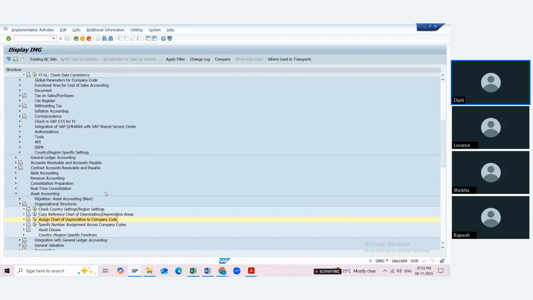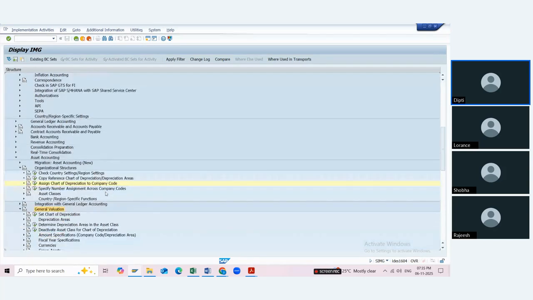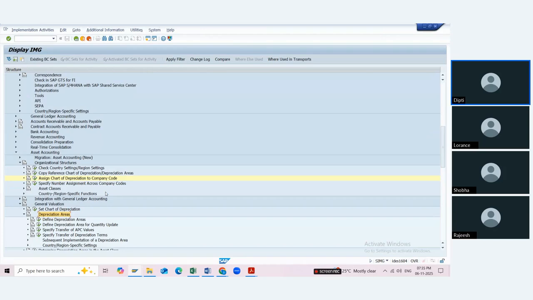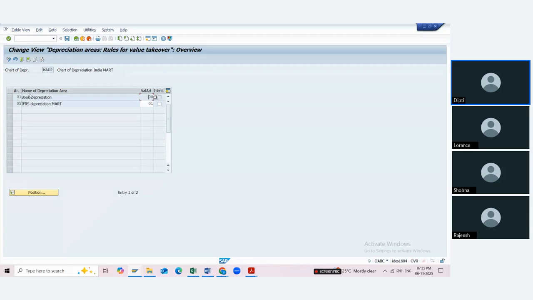to solve this error? You have to go to general valuation, then you have to go to depreciation areas, and here we have to specify transfer of acquisition and production value. Here you need to tell the system that if you go here, you find by default that book depreciation has value 00, but the IFRS is following 01. 01 means it is still following the same value as book depreciation, but as the setup of IFRS is following 01, then it will not be following the real-time value, right? And this is what the system doesn't want to happen.